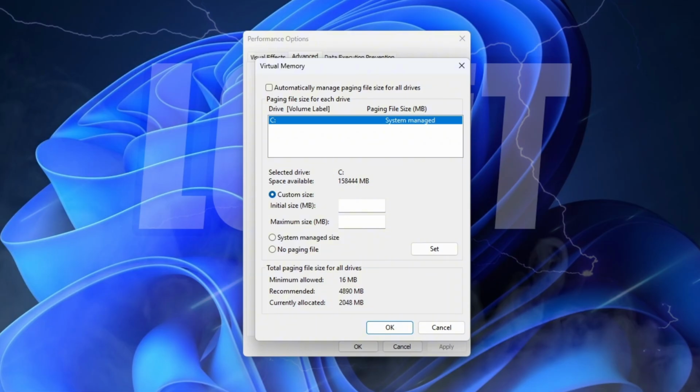A very simple rule you can follow is this: initial size is equal to your RAM in megabytes, maximum size is equal to double your RAM. So for example, if you have 8 GB RAM, set initial size 8192, maximum size 16384. If you have 16 GB RAM, set initial size 16384, maximum size 32768. If you have 32 GB of RAM like me, you can set initial size 32768, maximum